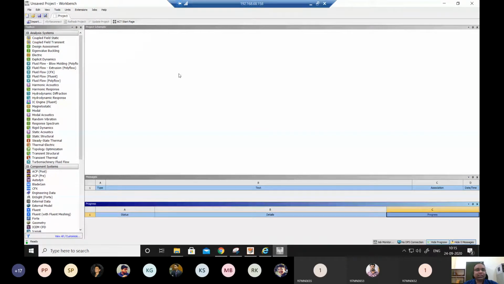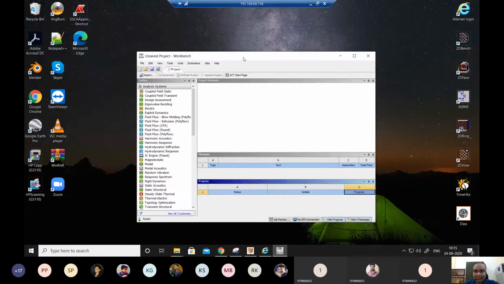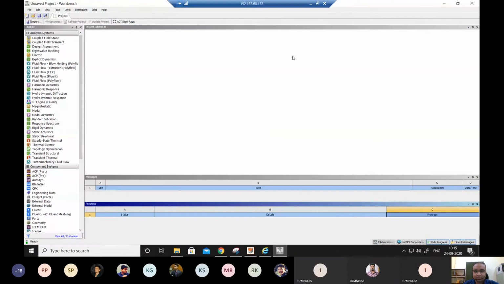So before that, this interface is called workbench interface. When you have ANSYS, when you will work here, you will see there are many modules on the left, right? And this basically workbench integrates all these modules. So modules, what it basically means is we can do different kind of finite element analysis based on different physical parameters. Like we learned when we were doing about finite element analysis, right?